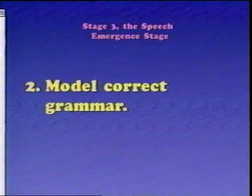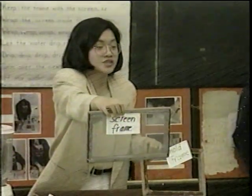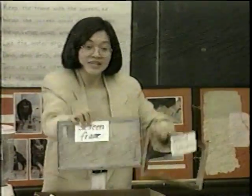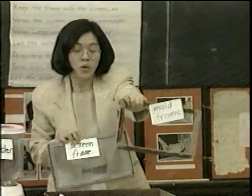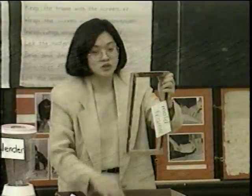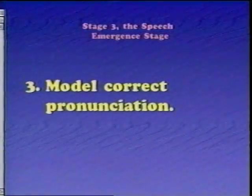2. Model correct grammar. Can somebody help me with this word? What's this word right here? S-C, screen. One has a screen and one does not. Okay, this is called a mold frame, and it doesn't have a screen. You put your hand right through it, right? And this one has...